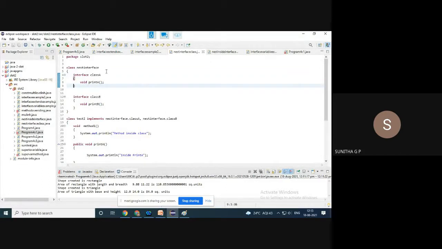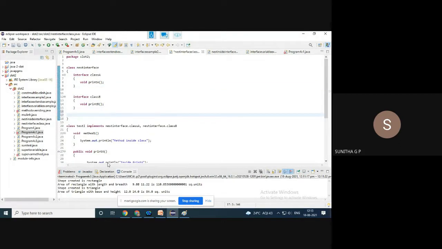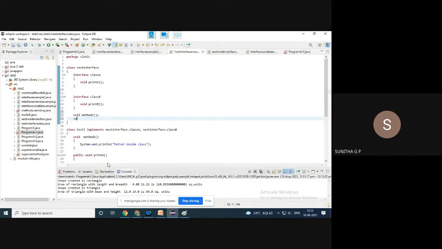Okay, it is a class. Along with the interfaces, a class can have its own methods and members. So that is obvious, but for simplicity only nested interfaces are taken as class members. Other than those interfaces, a class can have its own methods also. If you declare some function, no problem. Okay, void, you need not redefine it, right? Void method 1 and void method 2, like this you can have your own methods.